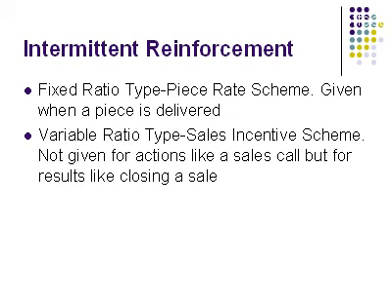Fixed ratio type. Example, a piece rate scheme. It is given when a piece is delivered, representing a fixed number of hours of work. Variable ratio type. Example, sales incentive scheme. It is not given for actions like a sales call, but for results like closing a